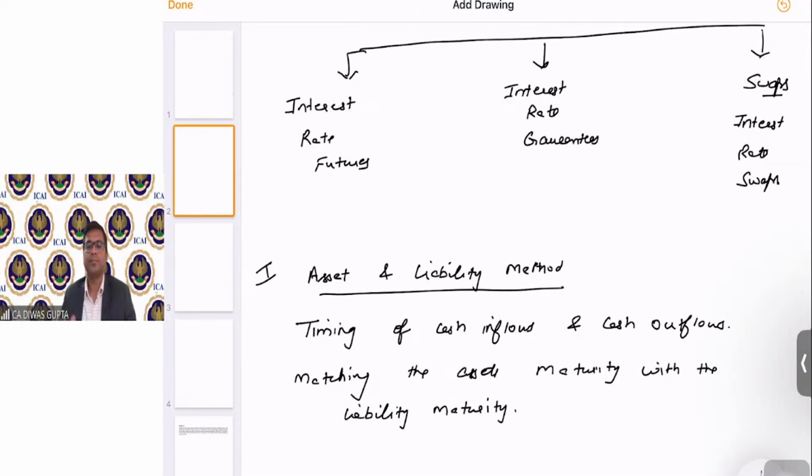Clear, students? So, in a way, the asset maturity is matched with the liability maturity to make sure that there is no fresh interest at the new rates being incurred, right? As I told you. Yes, Shailesh, in a way you can say that, because in that you are parking funds on a temporary basis, then again you are borrowing funds on a temporary basis. So you can say that, okay?